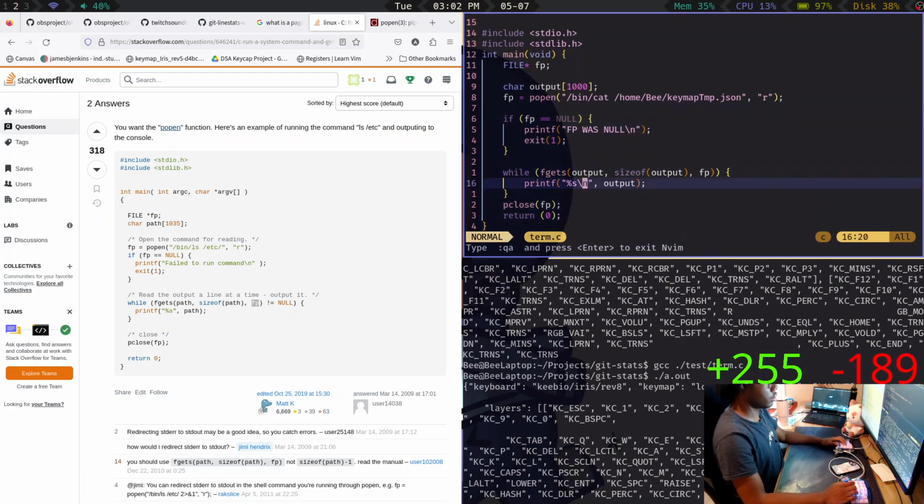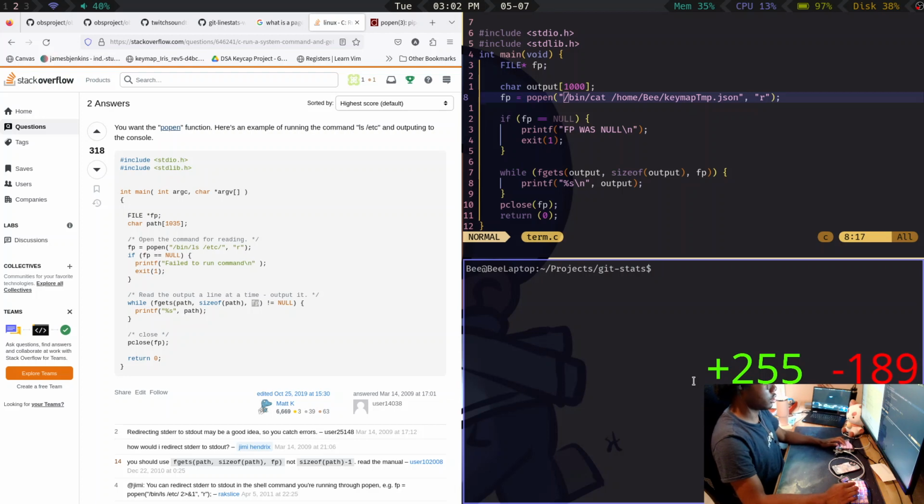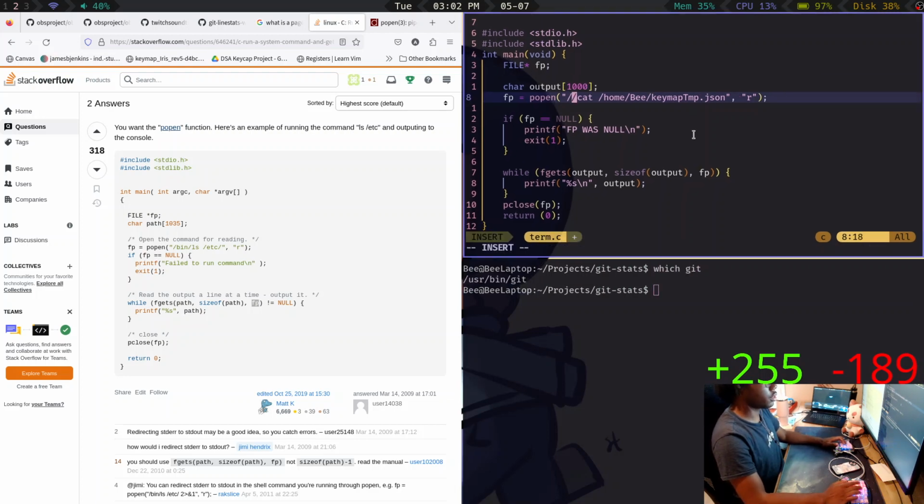So what we can then do is say which git. So this is going to be /usr/bin/git, and then this is going to be diff.